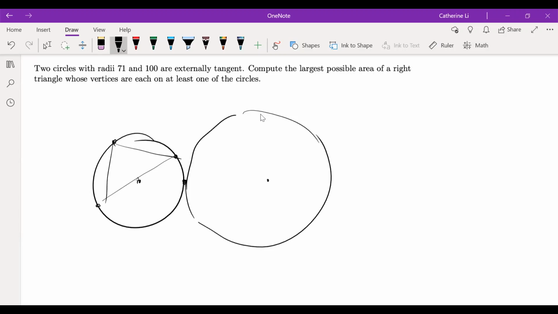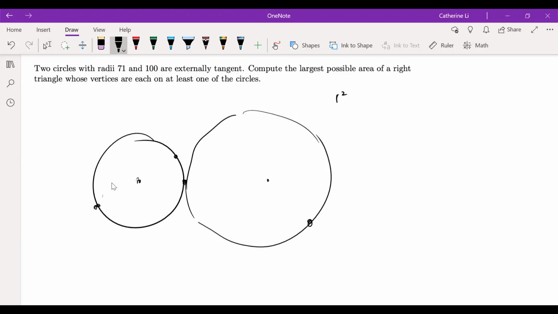And in that case, the area is just going to be r squared. So we're going to see if we can try to do better than that. And intuitively, it makes sense that the best we can do is going to utilize both circles. But yeah, if we have the two endpoints of the hypotenuse on different circles,